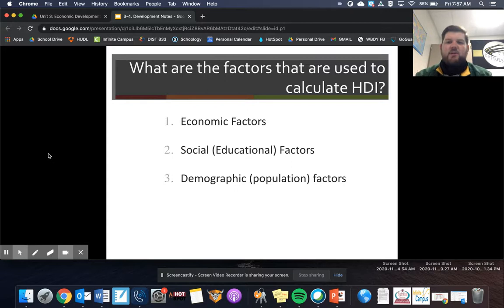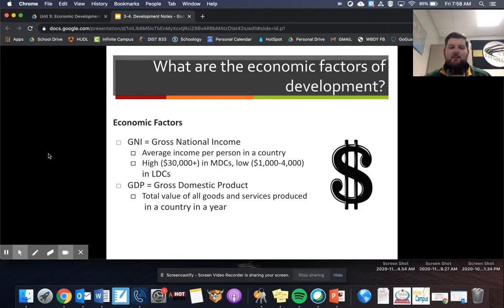All right. So what factors are used to calculate HDI? Okay, what factors go into this calculation about how developed a country is? We have some economic factors that go into it, we have some social factors, and then we have some demographic or population factors. Okay. Number one, the economic factors